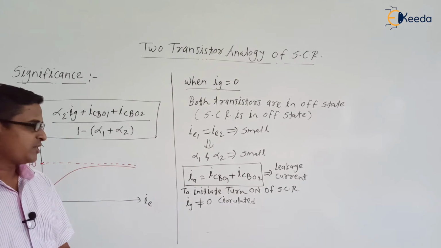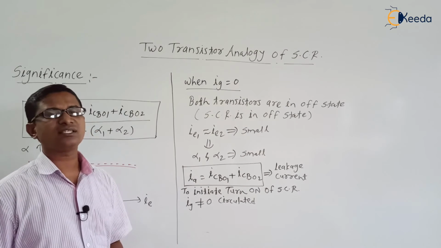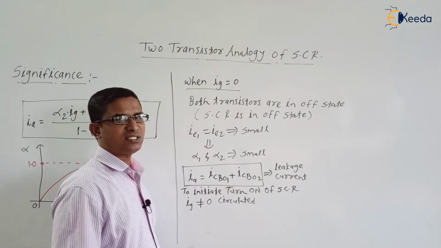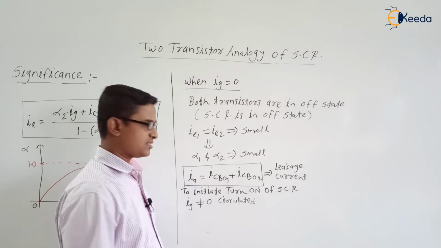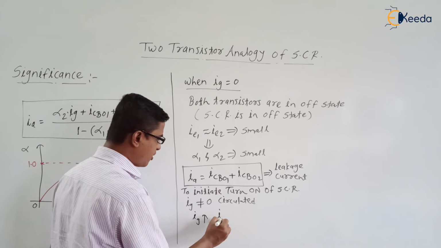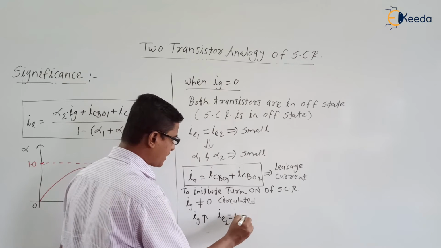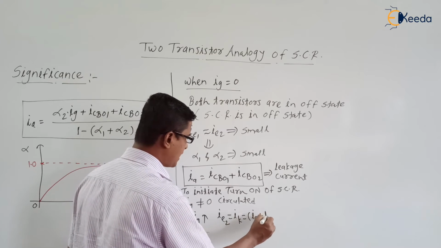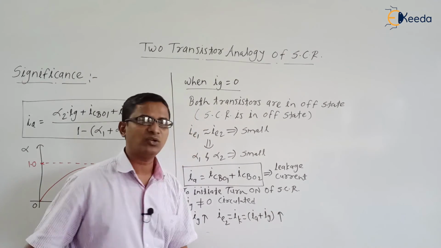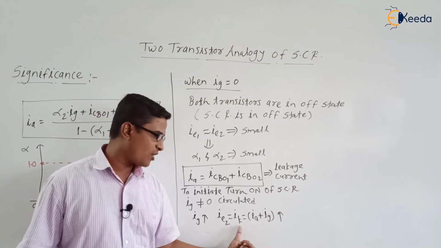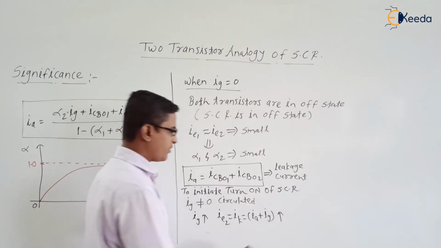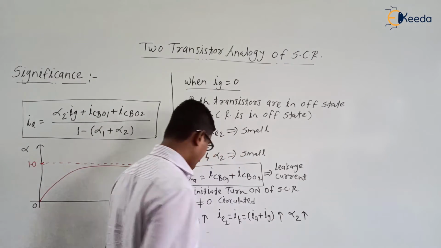So as we know, if Ig is non-zero, what is the Ik? With an increase in Ig, will Ik increase? Yes. Here Ig is increased, so Ik, or Ie2, which is equal to Ik, which is equal to Ia plus Ig. Ig we have increased means Ik will definitely increase, yes or no? But Ik is nothing but Ie2. So Ie2 increased means the alpha 2 will increase. Are you getting the point? So therefore alpha 2 will increase.